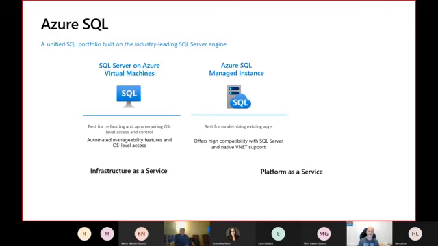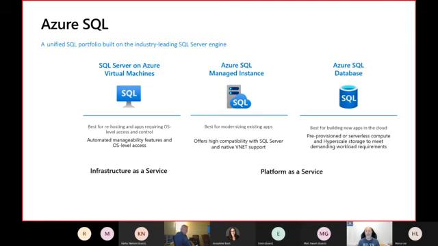Then, on the other hand, what Microsoft calls platform as a service, there are two flavors of a SQL-like service, right? And what is that? Well, these two are Azure SQL Managed Instance, right? And Azure SQL Database. What does platform as a service mean? Well, basically, Microsoft is providing to us a SQL Server-like endpoint. So we connect with our Management Studio, Visual Studio, Azure Data Studio, our application to an endpoint, and that's it.